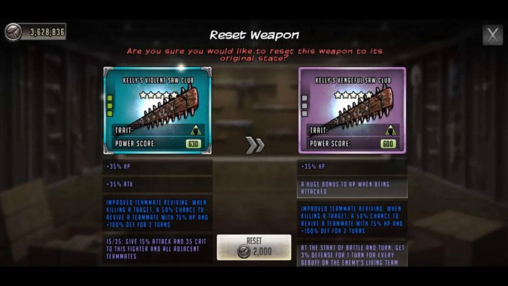And finally, we got Kelly's Saw Club. Now, as you can see here, I honestly wasn't even 100% sure what was on this weapon to start with. I built this weapon for Ronaldo because he was an attacking bide and he didn't need AP at all. So I was just like, alright, give him attack, give him HP, give him 1535. But looking at what this weapon started with,